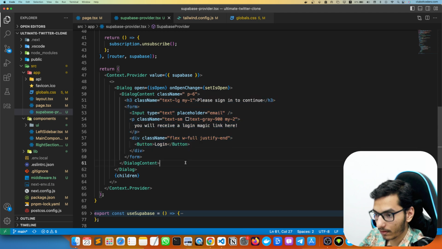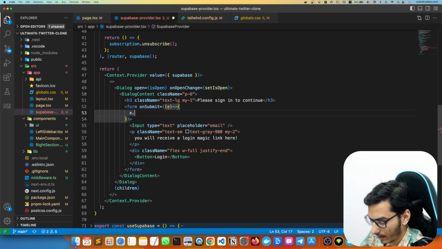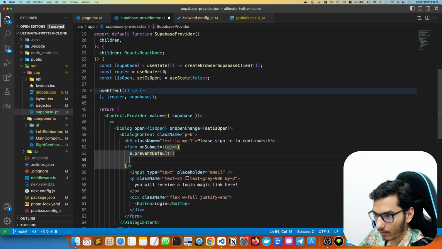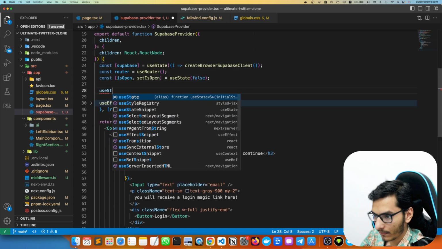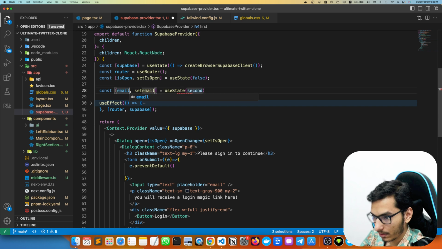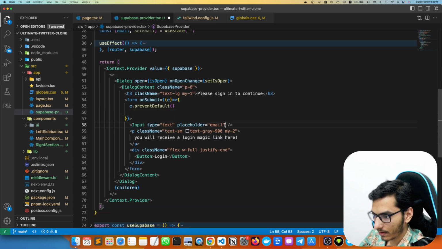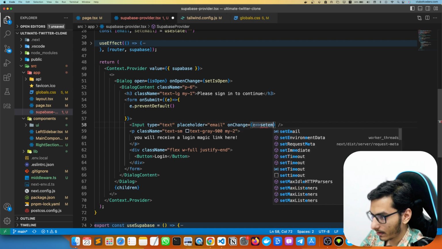And now we have to log in the user. For that, first of all, when the user submits, it receives an event. So we have to prevent the default to prevent the page from reloading again. And now we have to submit the user email. For that, we can use a state again. Use state snippet email. First of all, it is empty. Set email whenever this state is changed. So on change, it receives an event,